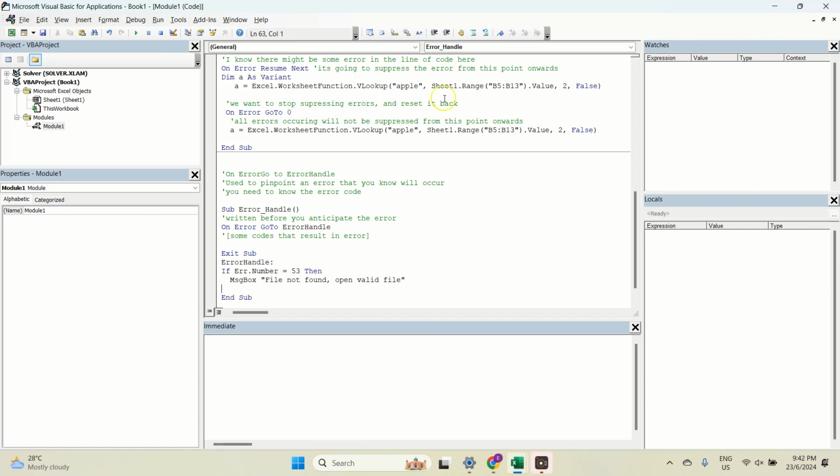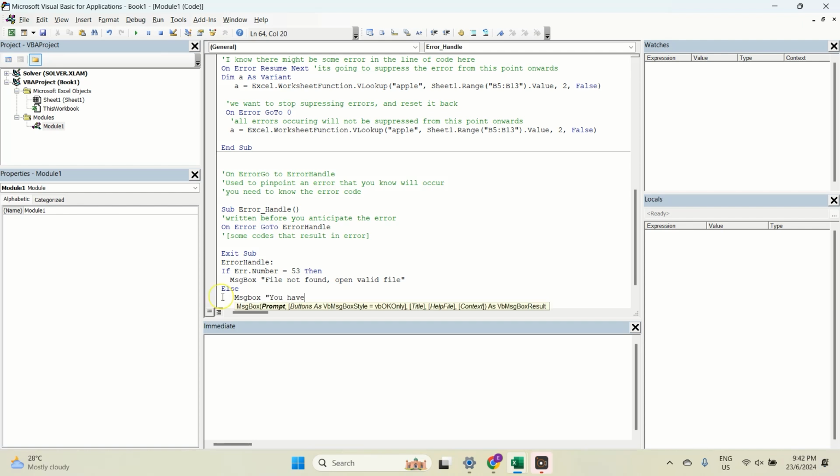Now I've anticipated this error, but if this error is not the reason why it has brought us to the error handle, then in case there's an error, this is going to run regardless of any error. But if the error number is 53, then it's going to give us the reason for the error. We also have to say that in case that's not the error number, then we could just say message box,